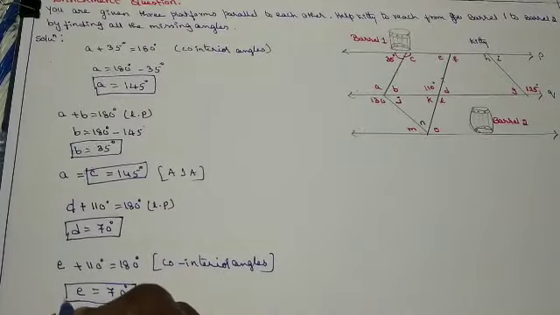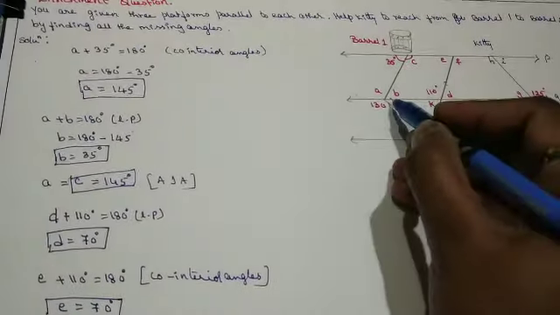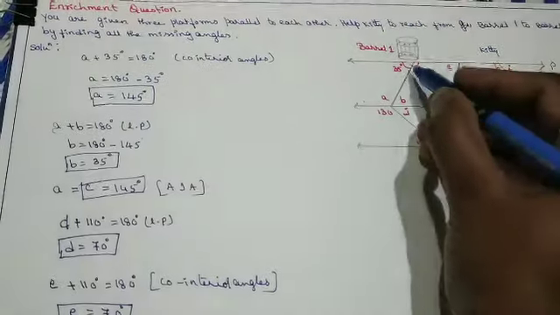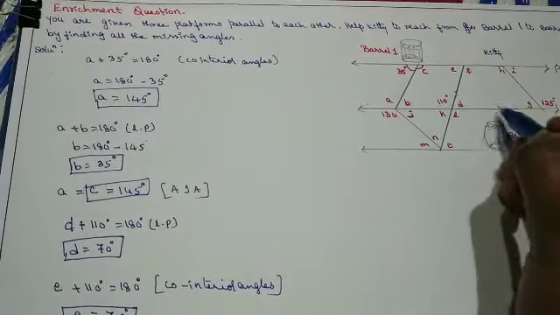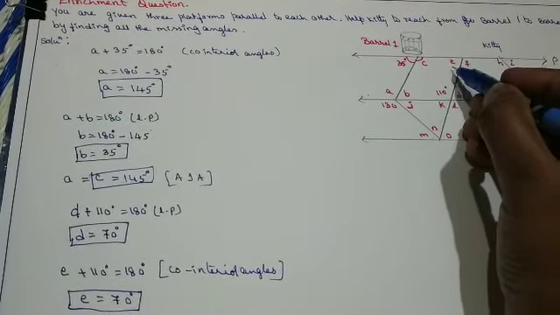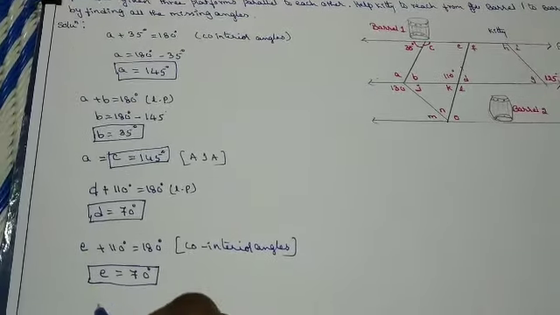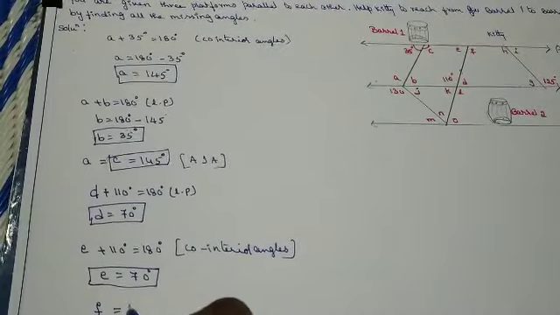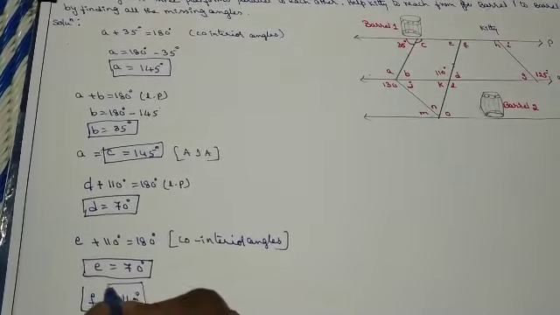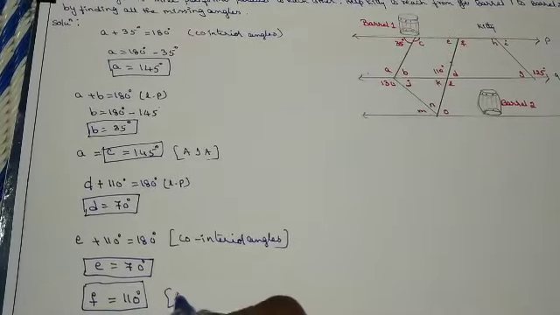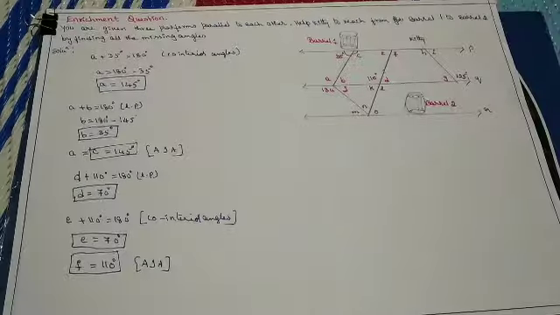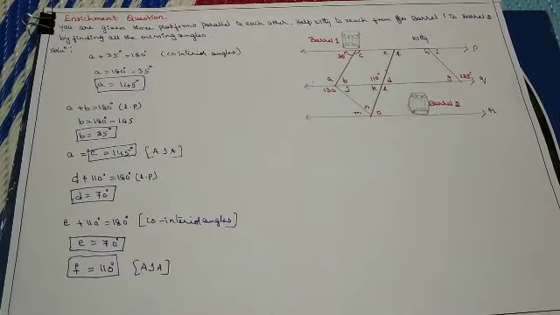Or the another way also you can apply, that is alternate angles with respect to E and D, alternate interior angles. So now I got E value. Then F. So I'll write F equal to 110 degree. Reason? Alternate interior angles. Reasons are more important, children, than finding the value of variable. Now we'll go to find the G.